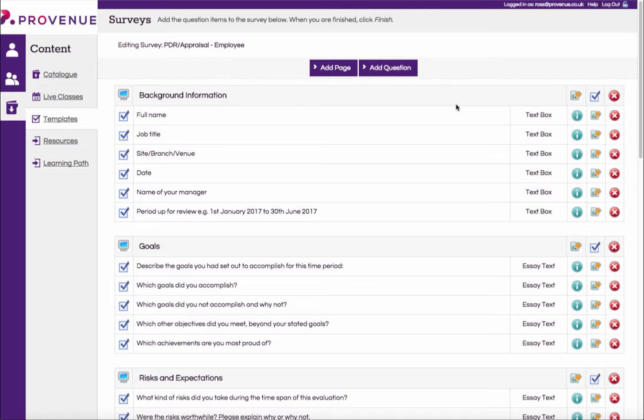you do that by simply adding a page. But by sectioning it this way, it really does help to keep it much more user-friendly and easier to manage and report on as well. So once you've added all your pages and questions, you can simply press finish and the appraisal will be available